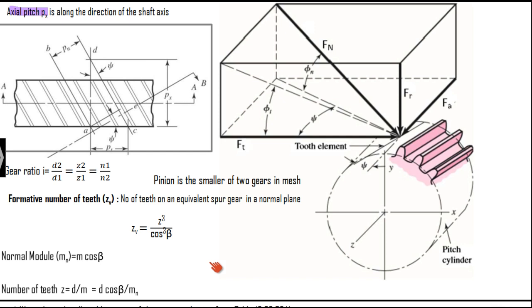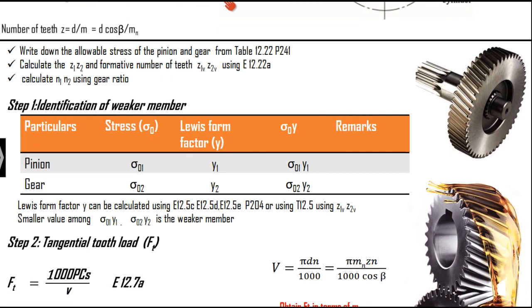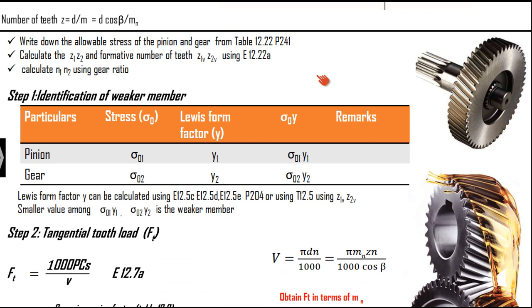So now let us discuss the design procedure of a helical gear, or how exactly we are going to design. If you understand the design procedure of the spur gear, it is very similar, 99.9% similar to that of the spur gear. The only thing is that the terminologies are going to change, and some other terminologies are going to come, so please don't get confused. The procedure, the steps, are one and the same. The equations are going to change. So basically what we have to do is